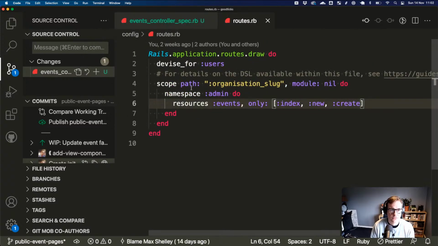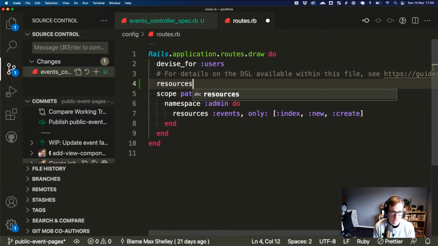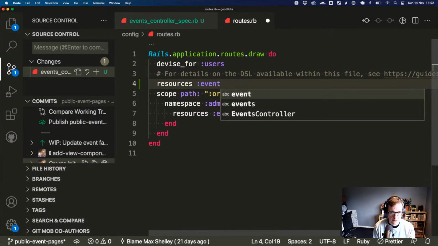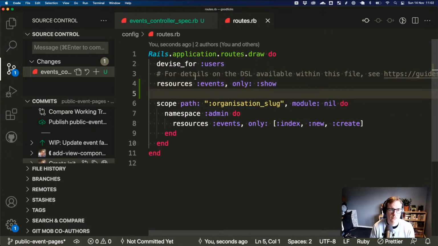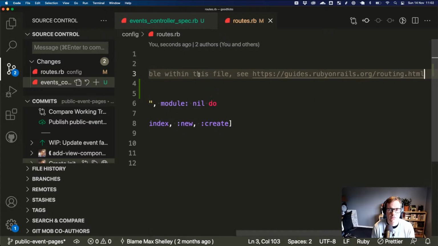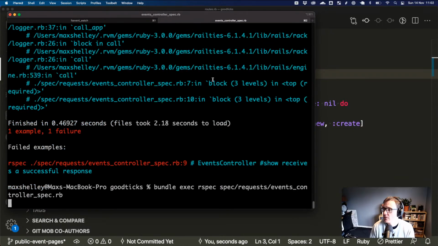We want to have... So now we've added a route where we expect that to exist.